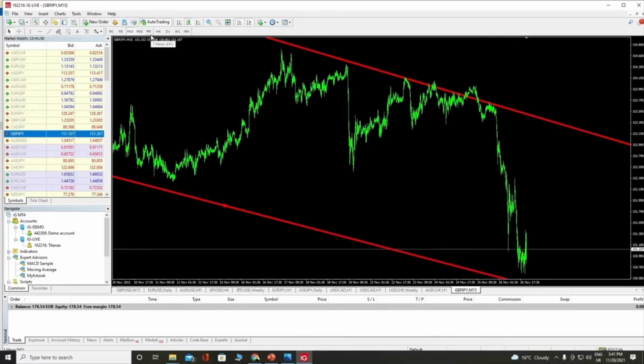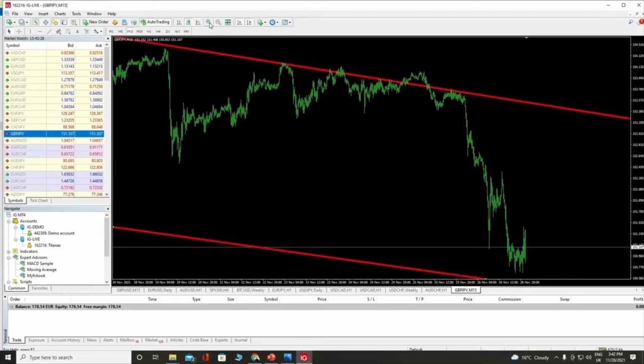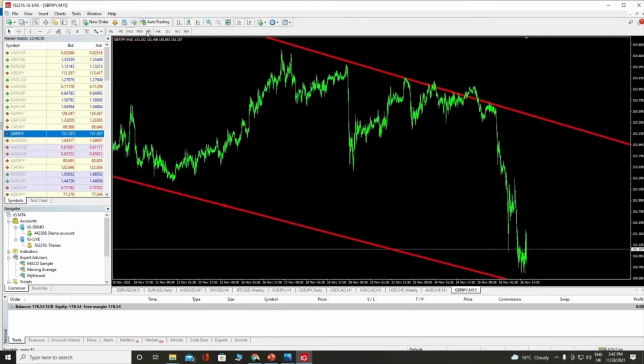Now, when you have a system or a trading technique, either it's an indicator or it's not an indicator, or you are expecting the news, you want to combine it with some previous prices and so on. Take into consideration all the time frames, starting with the bigger time frame. As you zoom in, your opinion will start to change, and this is normal. Choose the time frame that you want to make the trade on.